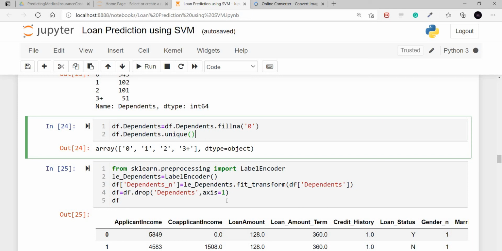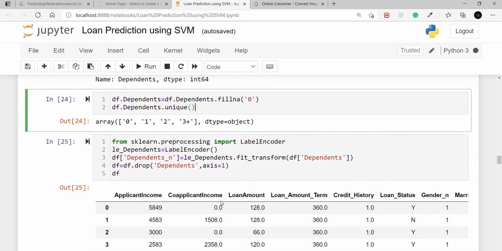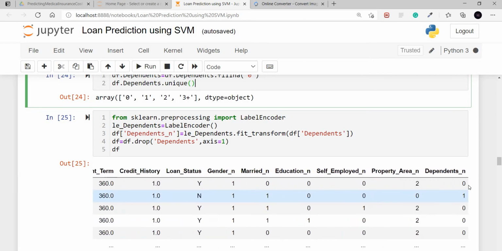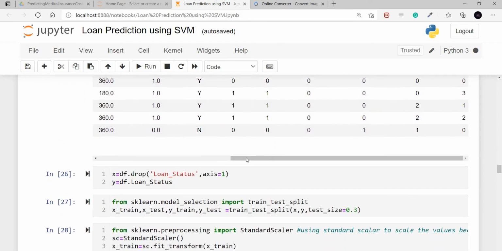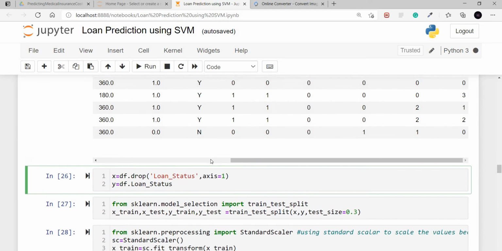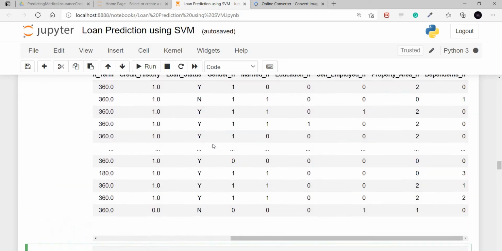So the same with the label encoder, I am transforming that column and creating a new column here. So now we don't need loan status. No, sorry. So this is our data frame.